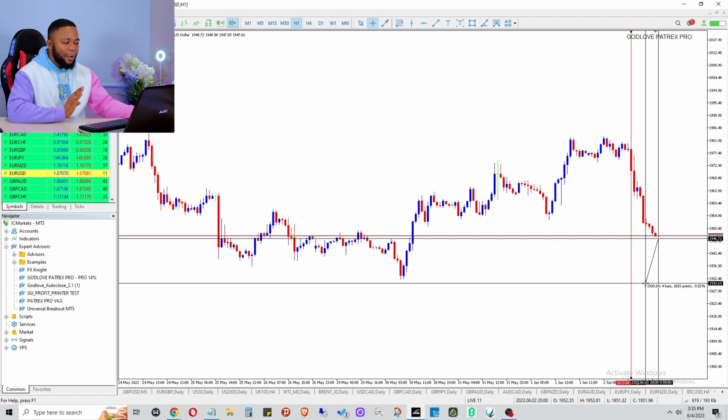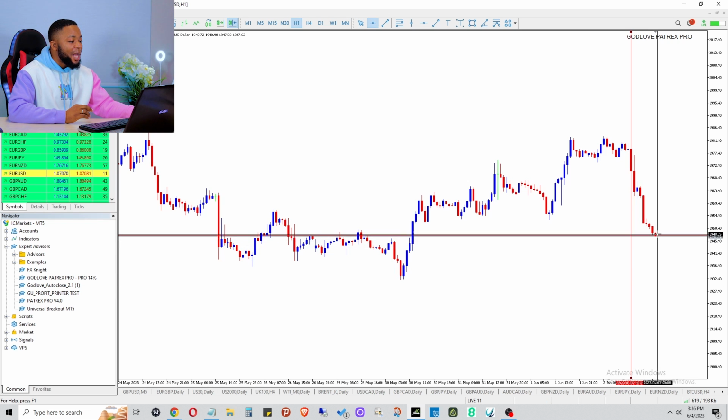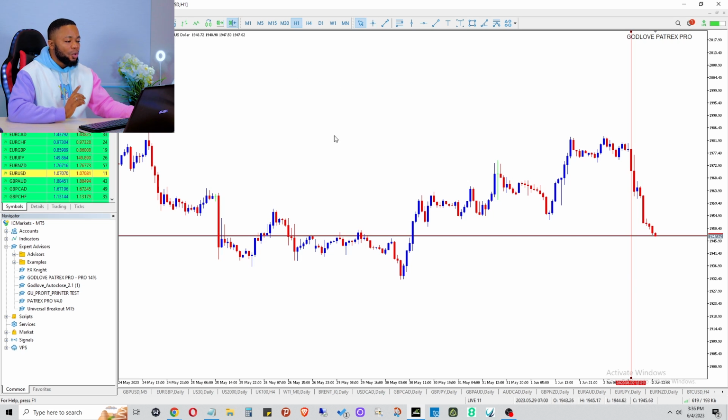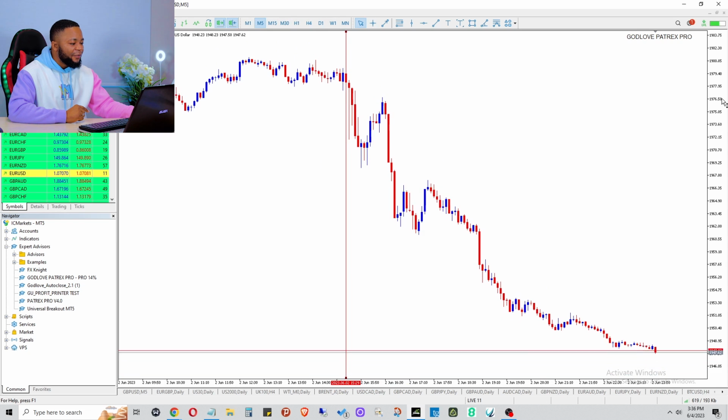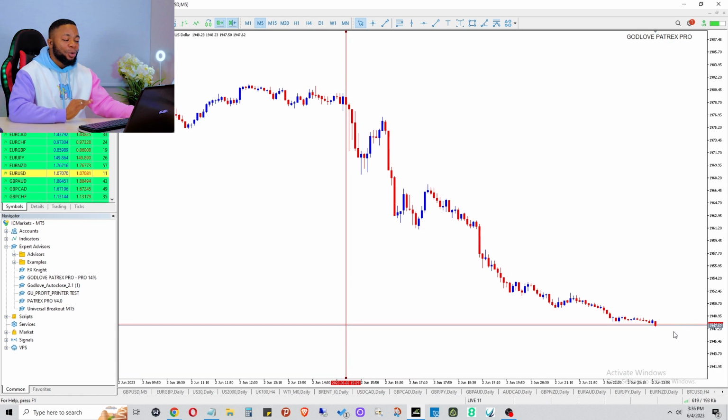So that's where I become a little bit skeptical, because there is still a probability this market might shoot down to clear this particular low somewhere here. So what will I do? Let's just go back to the 5-minute time frame. On the 5-minute time frame, if I get any potential reversal signal here,